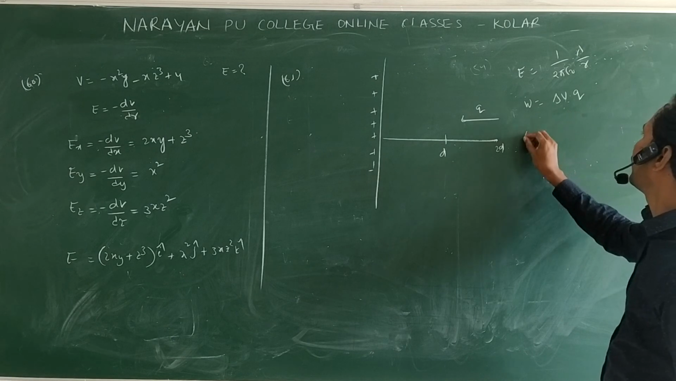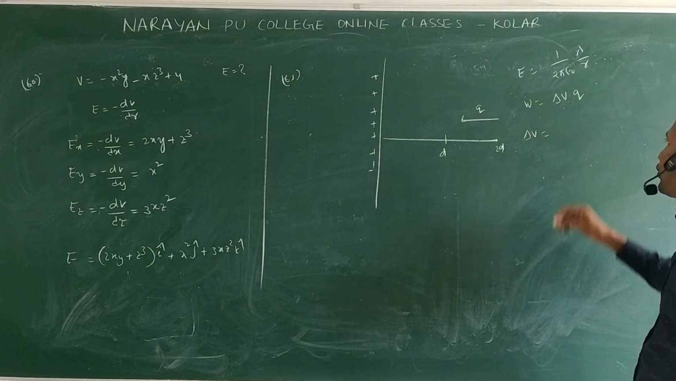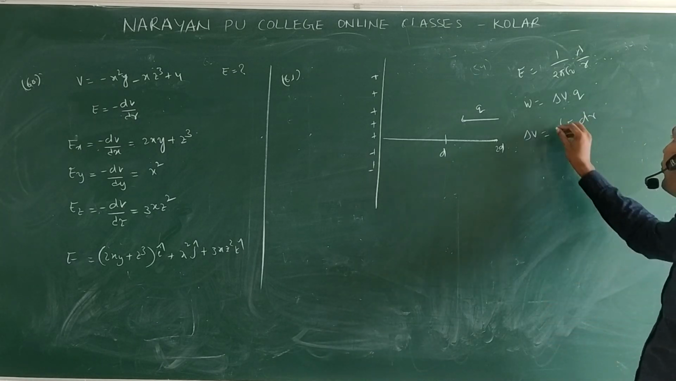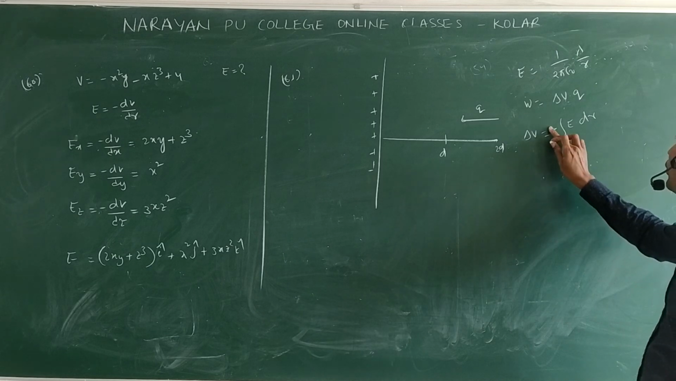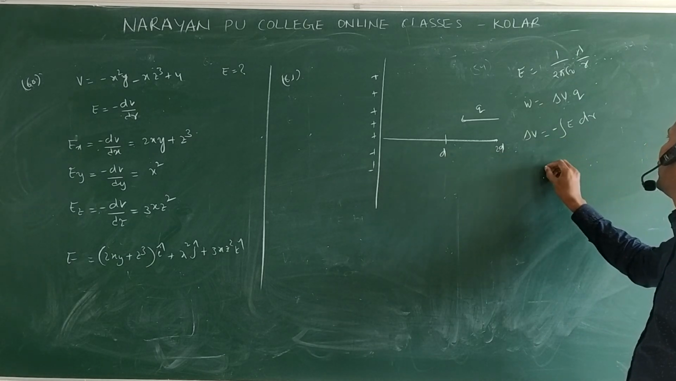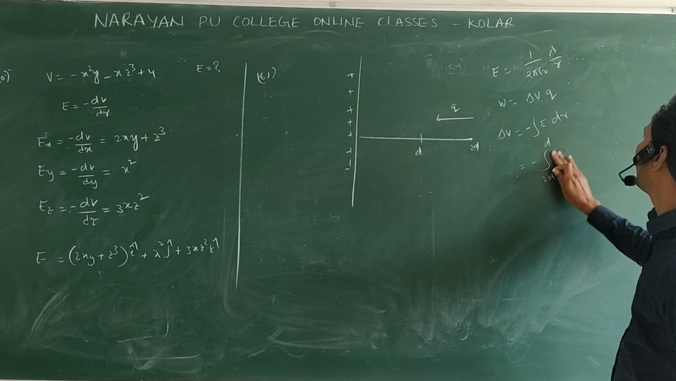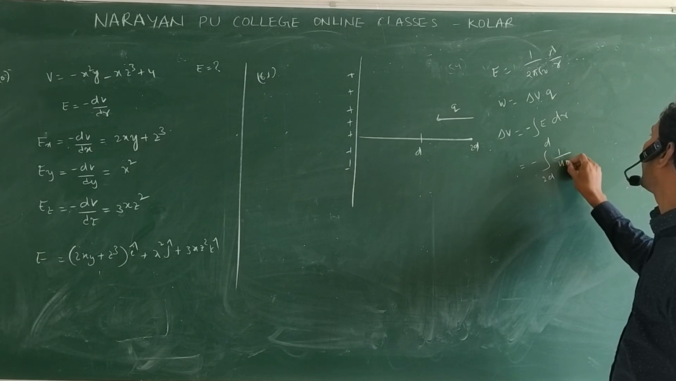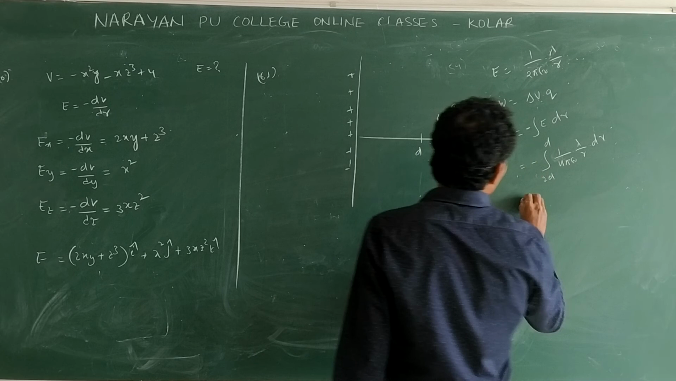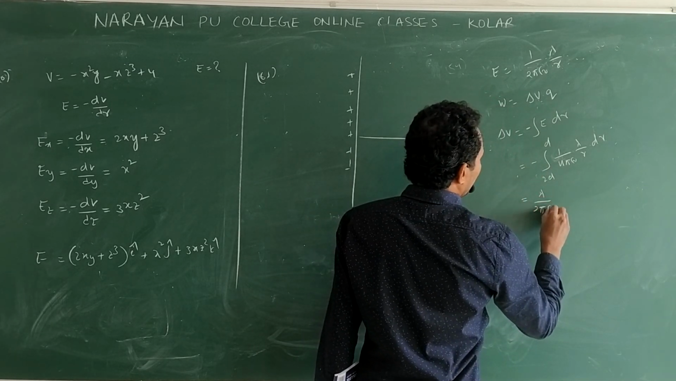So we need to find delta V. Delta V is equal to, according to the previous formula, minus E into dr. Clear? We need to bring the charge from where to where? 2d to d. So minus integration from 2d to d, E value is what? Lambda by 2 pi epsilon naught r into dr. Taking everything else outside, lambda by 2 pi epsilon naught integration